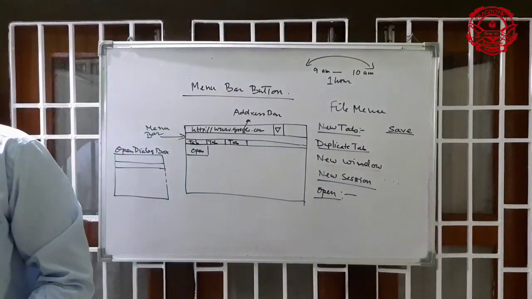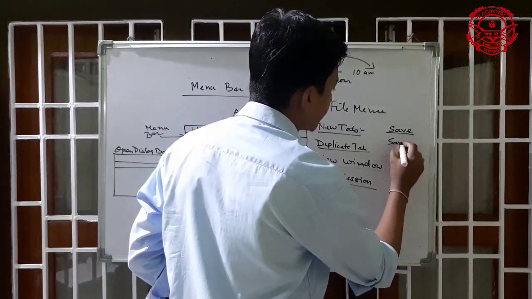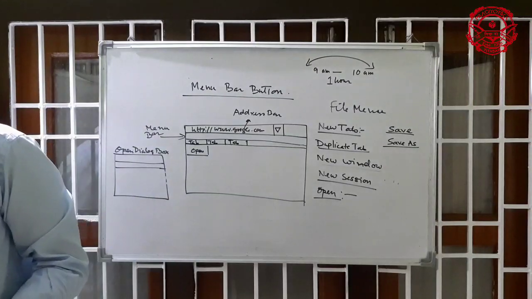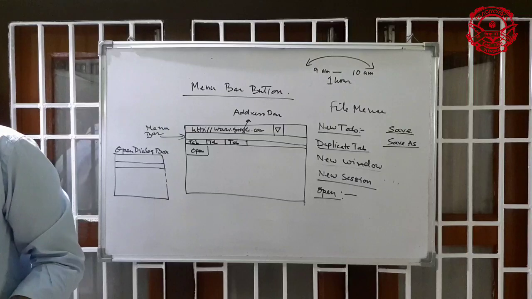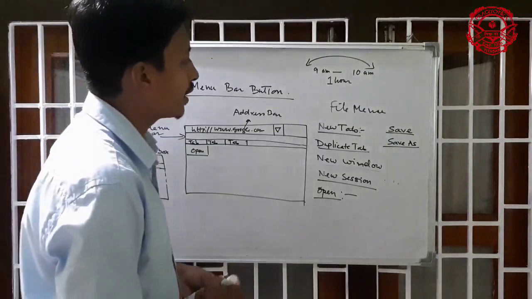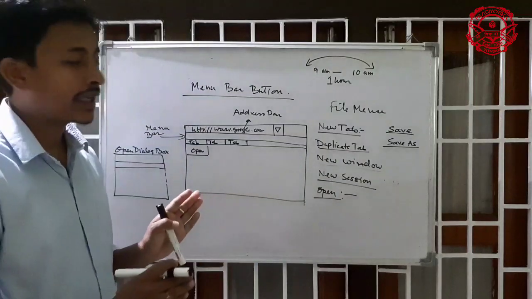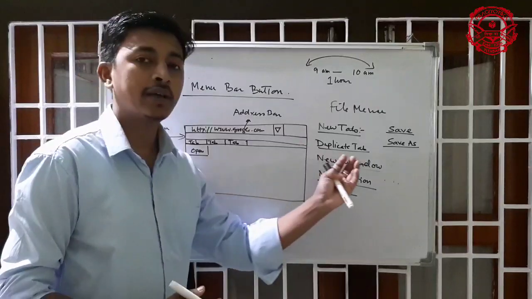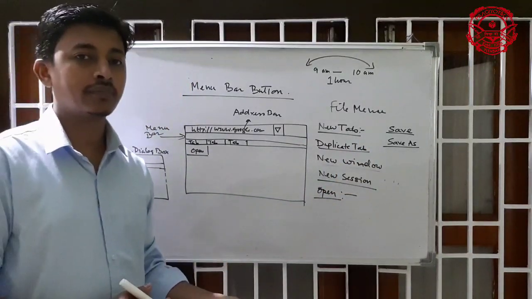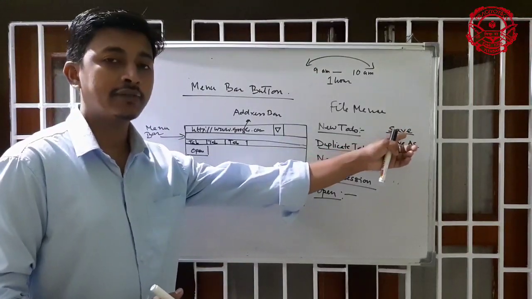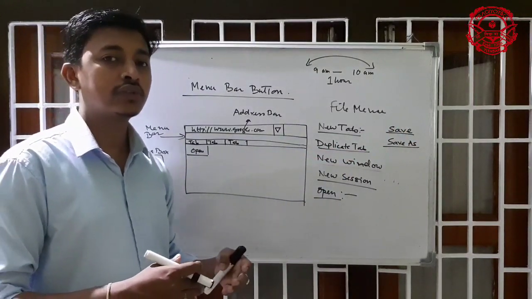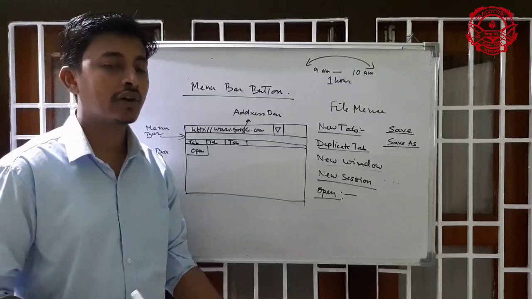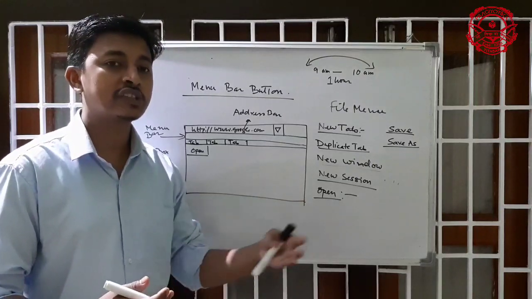Okay. Next thing is save as. The save as option is the same as save, but here you can see it allows the user to save the current document as a file with a different name. Okay. It means what? You save the current document, but you can save the file with your own name. For example, if you click save, it will automatically save and there is no need to give the file name. But when you click the save as button, it will give you options so that you can change the name of the file.